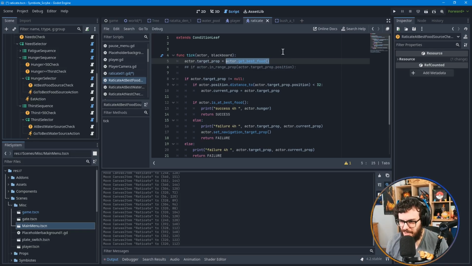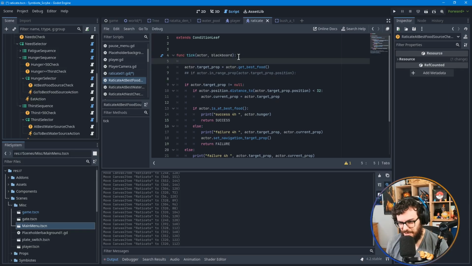I could restructure that function and then also restructure this so we don't expect to get a return value. And I would need some other way to get the target. So I like that this gives a return value. I like that get best food gives a return value. I like the way this is set up. So maybe the answer is...